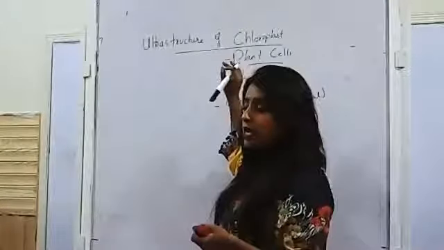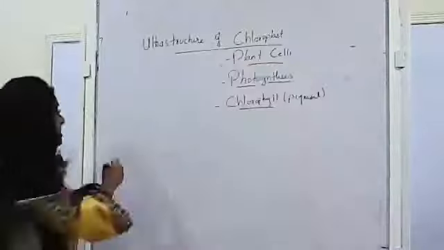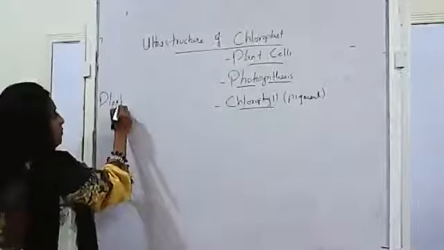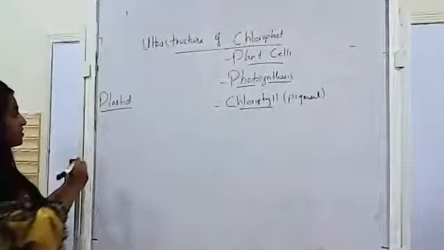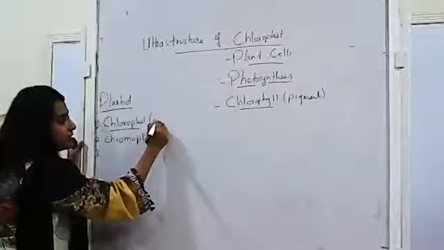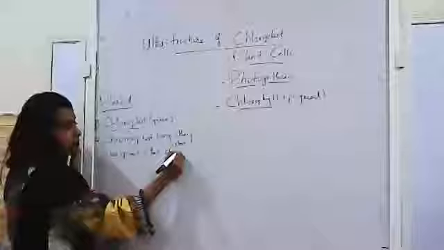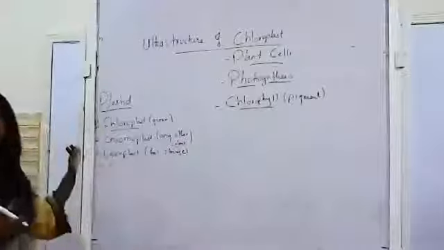So actually, chloroplast belongs to a group of organelles, and that group of organelles is basically called plastids. Chloroplast is a type of plastid, right? There are three types of plastids. Number 1 being chloroplast, that you all know and are very familiar with, that causes the green color of the plant. The second type of the plastid is known as chromoplast. So the green color is caused by chloroplast, and any other color, that is red, in plants. Leucoplast stores fats in the case of plants, right?